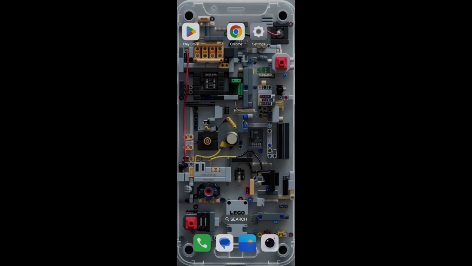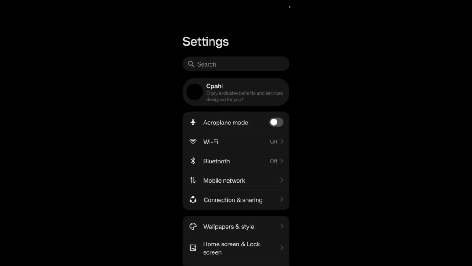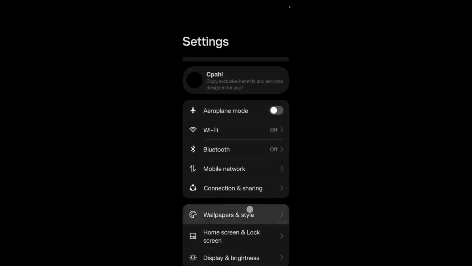In this tutorial I'll be guiding you through the steps on how you can enable the color booster in your Android device. So in order to enable the color booster, the first thing that you will need to do is simply go to the settings of your Android device. You can do so by tapping onto the settings icon, and once you are inside the settings, simply scroll down